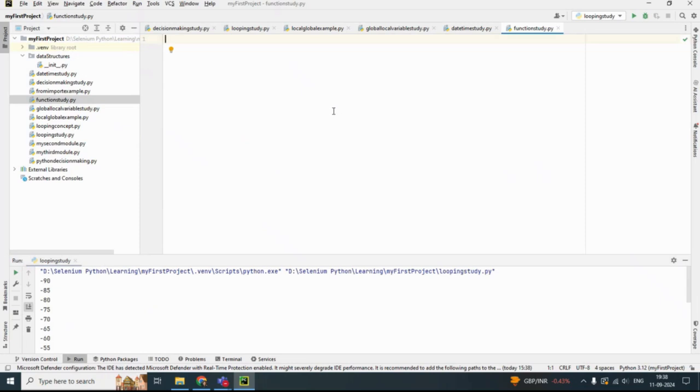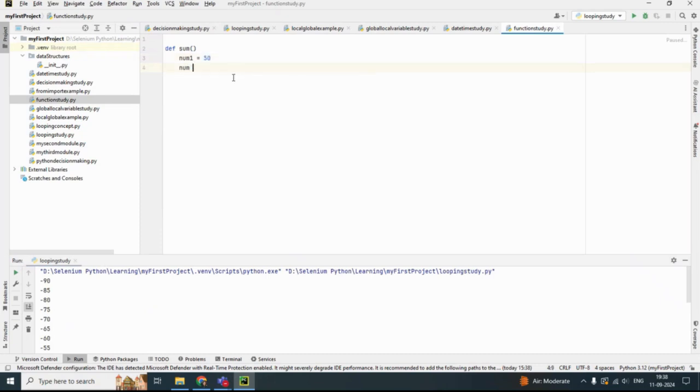Suppose I create a simple function, def. Can I name the function sum? I think yes, because it's not any keyword. Okay, so let's name our function sum,